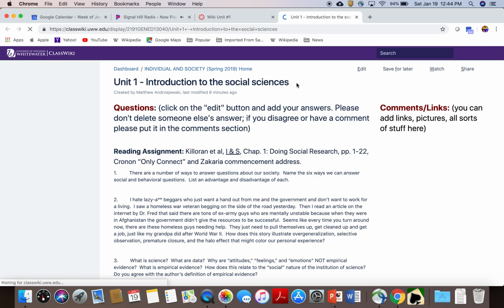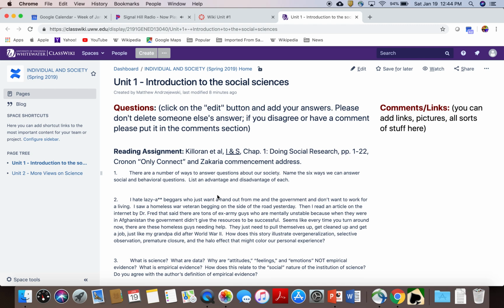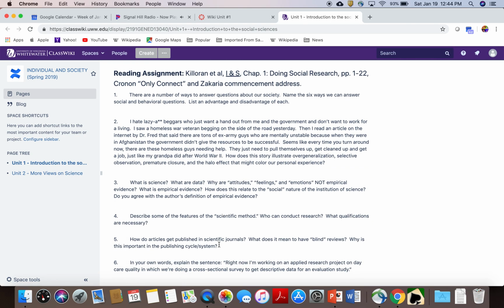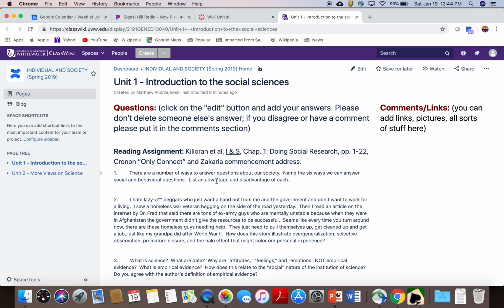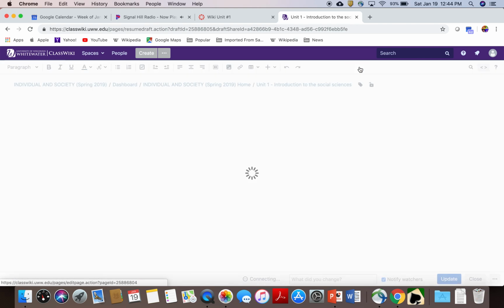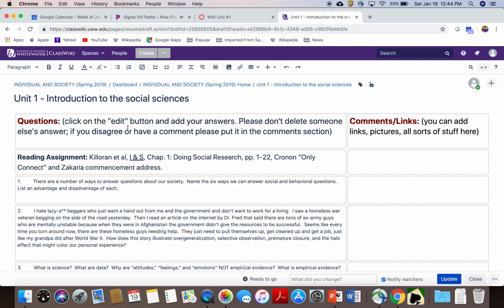This is the wiki page, and you can see that the questions are copied here. What I want you to do is answer 2 of these questions. Now, some people may have already answered them. I would like you to provide novel answers or your own answers, or answers that maybe supplement what other people have previously done. To edit this, it's very simple. You just click on this edit button up here, and you can see that it opens up into this editor, and you can come in here and type and say things like, I think that